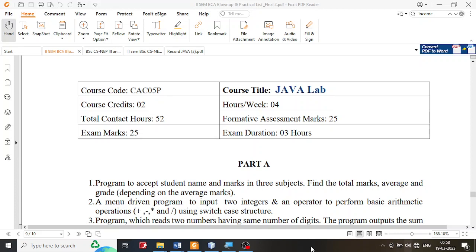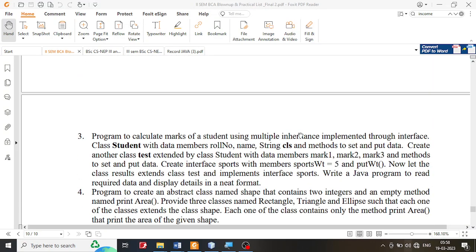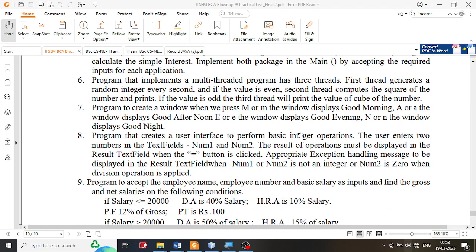In this session, I am going to discuss problem 7 in part B of the Java lab. Let me take you to part B of the Java lab. In part B, problem number 7 reads as follows. We are supposed to create a window in Java, and within this window, if a key M, that is